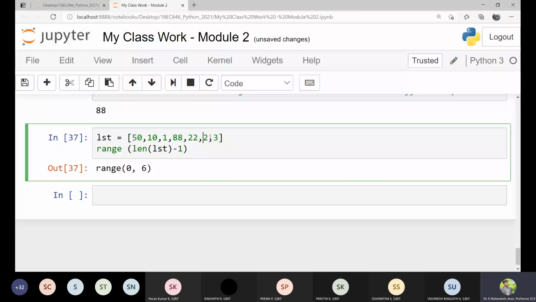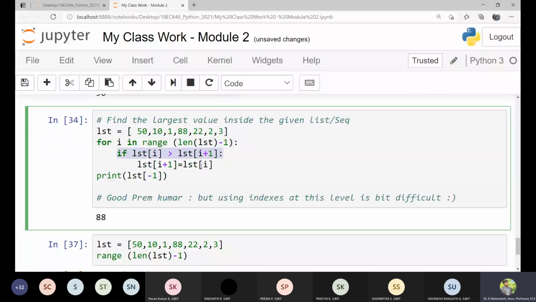And then if list of i greater than list of i plus 1, much similar to your C programming, list of i plus 1 is equal to list of i, and list of minus 1. So he has sorted this list in, sorry, ascending order, lowest to largest. It is ascending only. So list of minus 1 would give you the last element inside that list. He has sorted this. So rather than doing it this way, which is a little complex, understanding the indexes priorly,